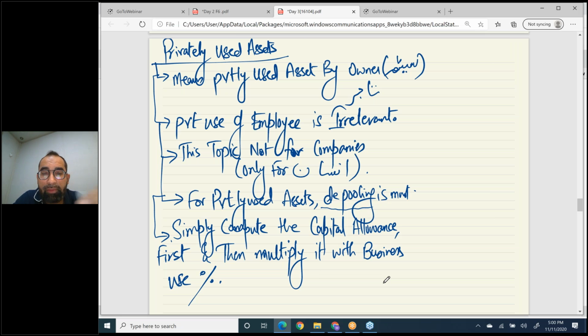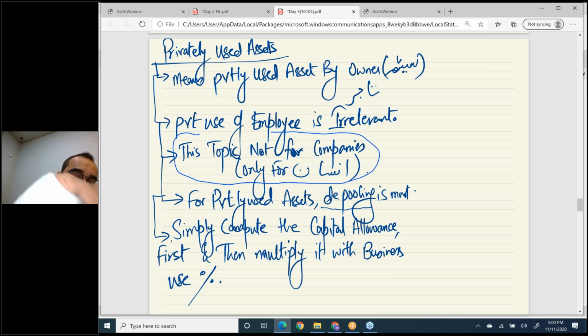Okay. One very important, this topic is not for companies. This is strictly not for companies. This is for individuals. Because why? If company is the owner, company is not a human being, company cannot use any asset privately. But yes,